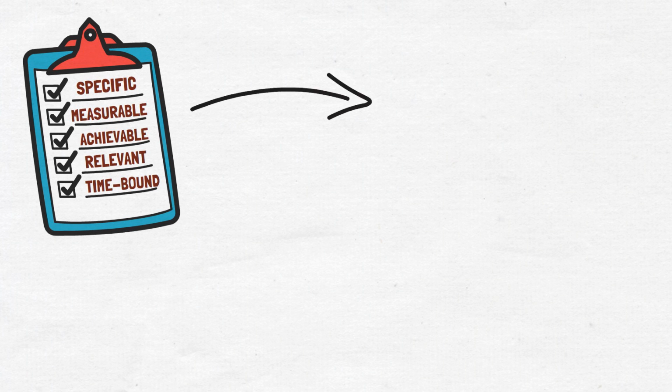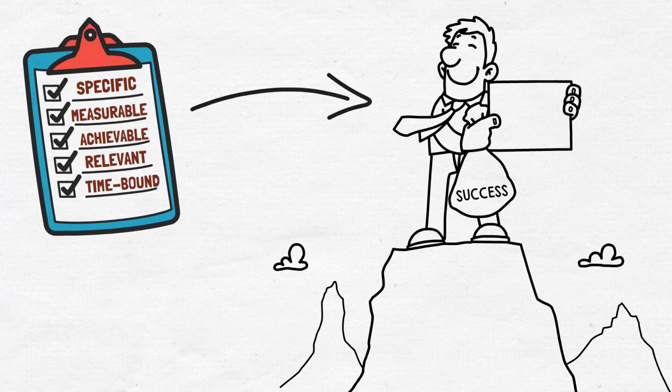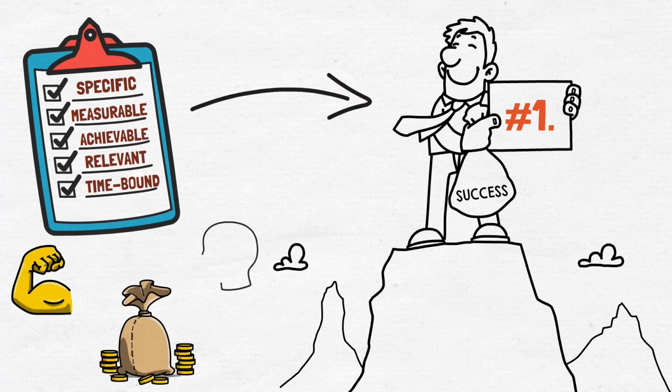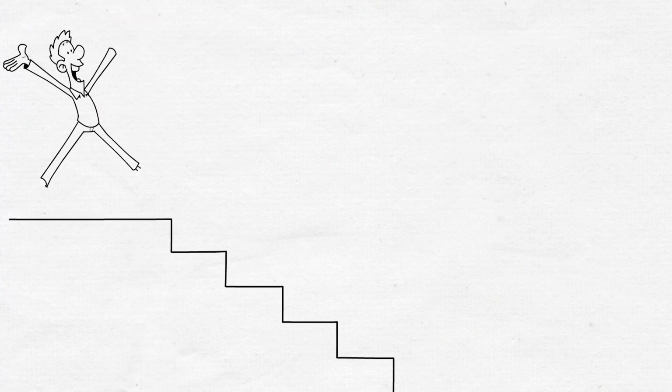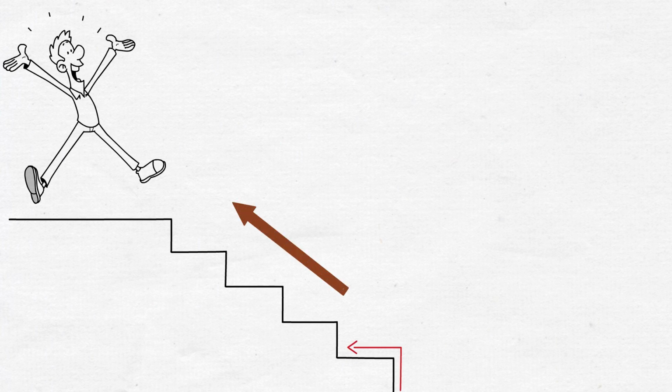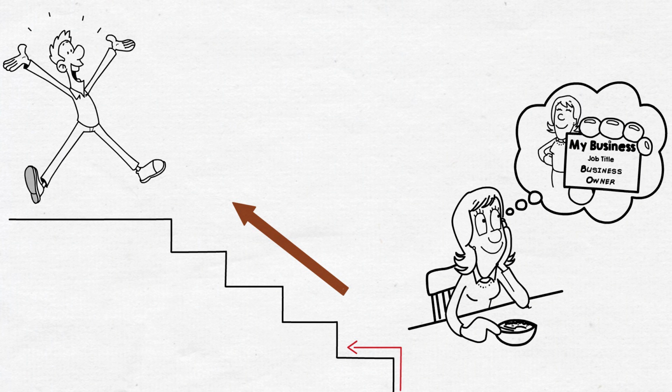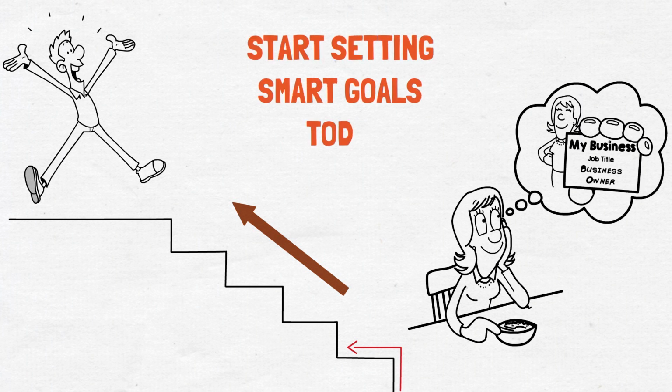In summary, SMART goals are specific, measurable, achievable, relevant, and time-bound. They are essential for setting clear objectives and achieving success in different areas of life, including career, fitness, personal finance, and personal development. Using SMART goals, you can break down your big picture goals into manageable steps and create a roadmap for success and hold yourself accountable. So, to achieve your goals effectively, start setting SMART goals today.